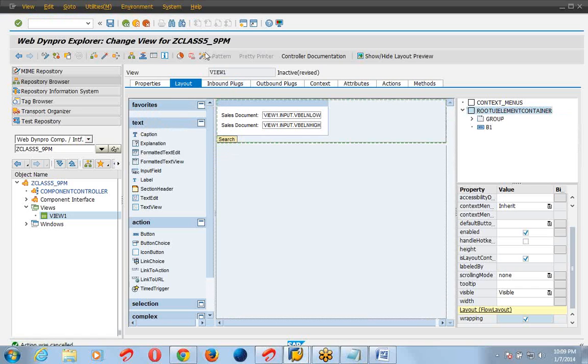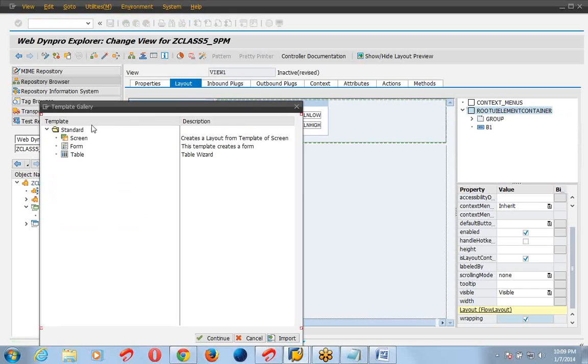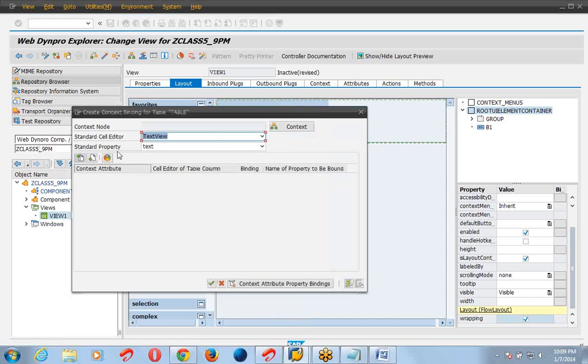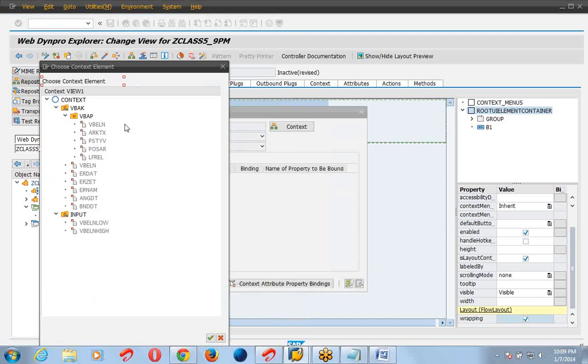To create a table, go to wizard, click on table, click on context. Which table do I want to create? VBAP or VBAK?